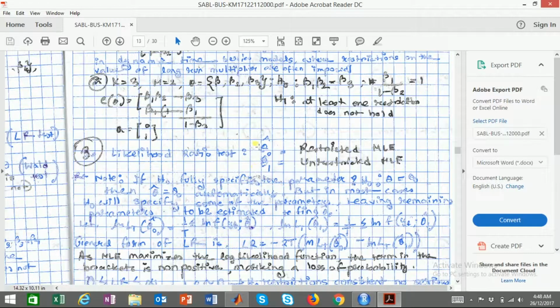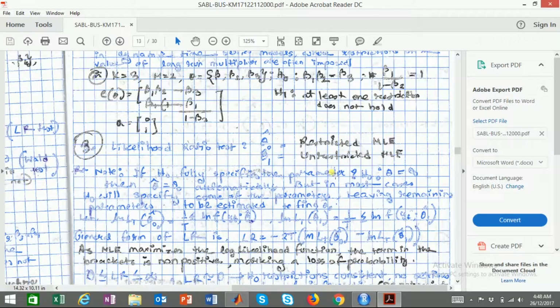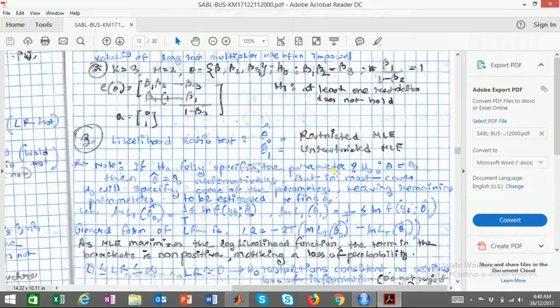We are talking about two of the estimated parameters. Theta naught is restricted, theta 1 is the unrestricted maximum likelihood estimator. If the null fully specifies the parameter, where the null is theta equals theta naught, then the estimated parameter theta hat also equals theta naught